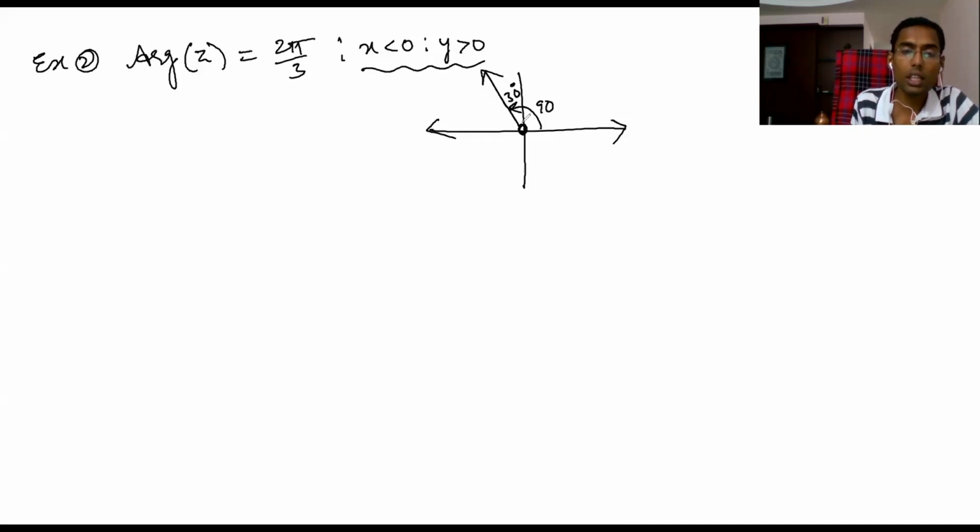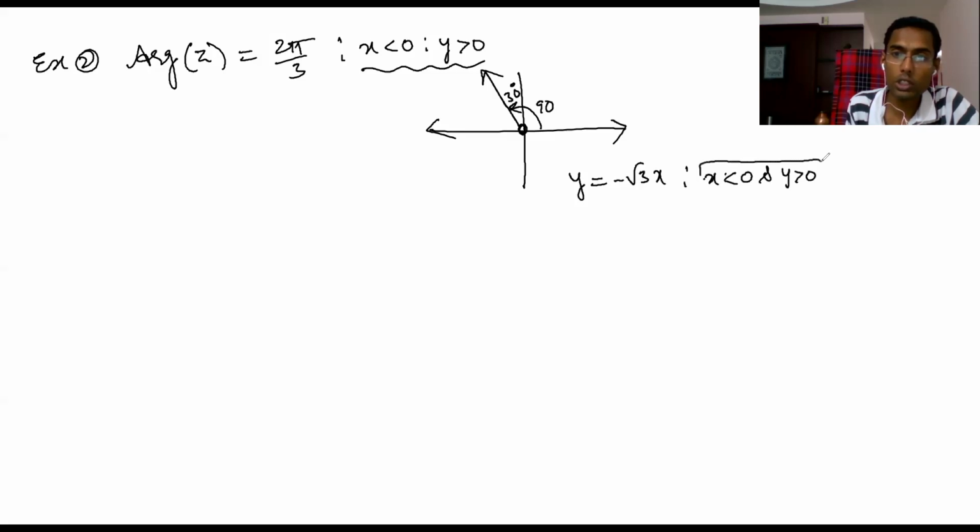What is this ray? This ray equal to, you know, this line, if at all you write now y equal to, what is the angle it is making with the positive direction of x-axis, that is the slope actually. What is that slope? Tan theta, tan 120 degrees is tan of pi minus pi by 3. Pi minus pi by 3 is what? Is minus root 3x, where x is less than 0 and y is greater than 0.